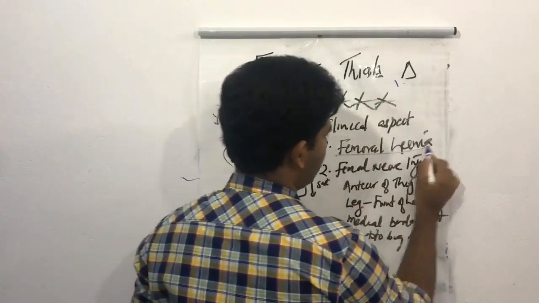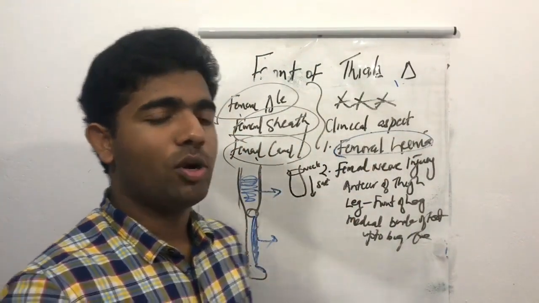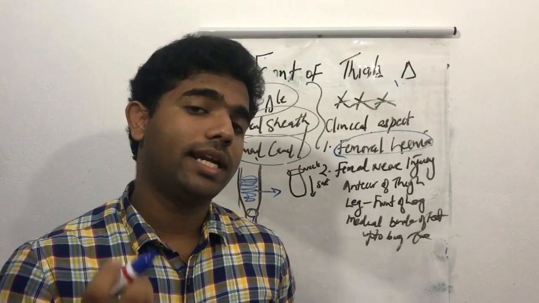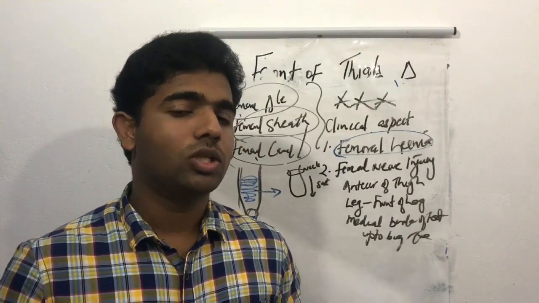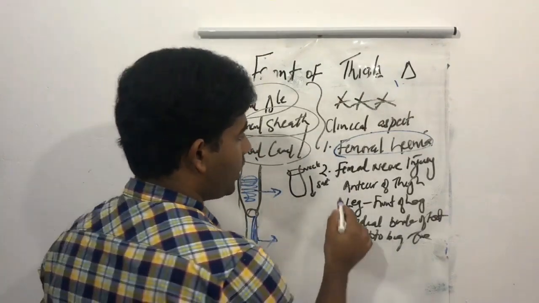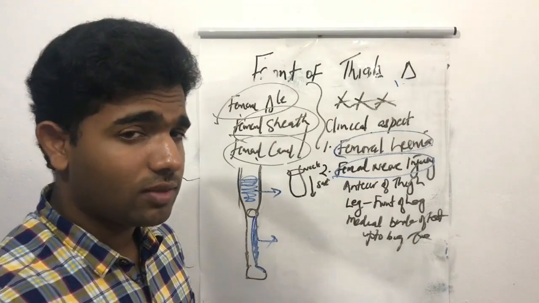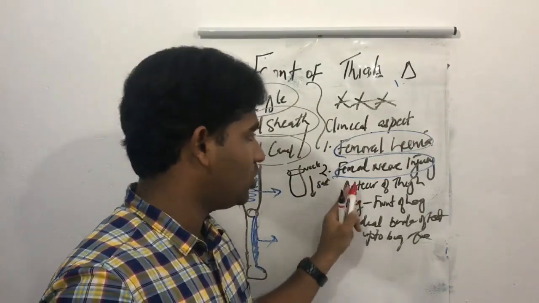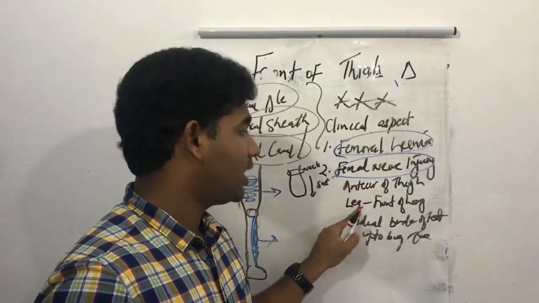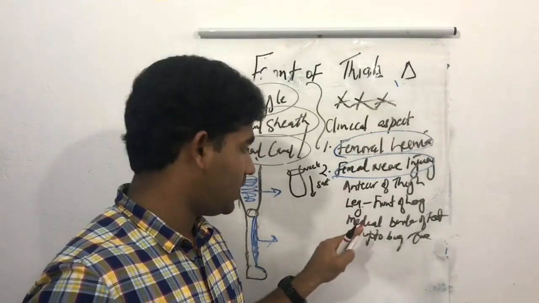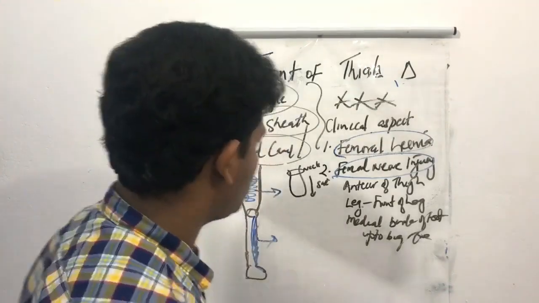First one is femoral hernia. A hernia is an indentation through which abdominal content can protrude. The femoral canal is a weak spot, and through the femoral canal, hernia can happen. The second one is femoral nerve injury, due to injury to the femoral nerve. There will be sensation loss in the anterior thigh, in the front of the leg, and the medial border of the foot up to the big toe. And the last one is